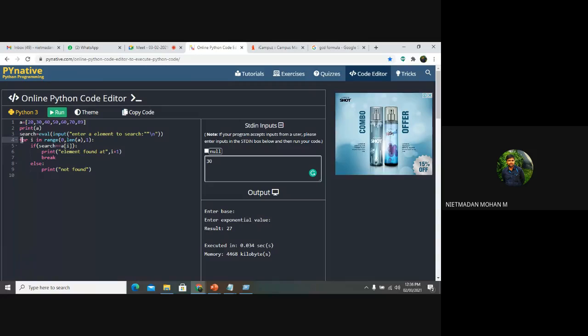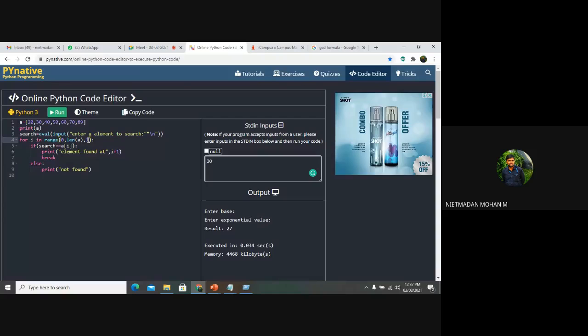Now coming to the fourth line, as I explained in the for loop statement itself, we check the condition using the range sequence. We declare for i in range: this is the starting point, this is the ending point, and this is the step.